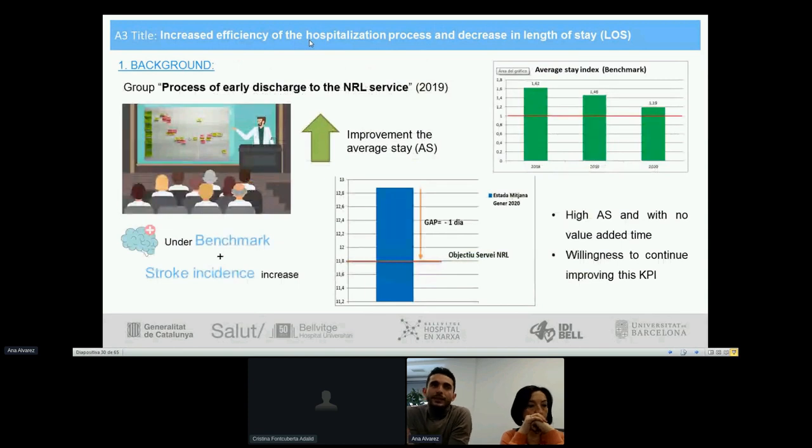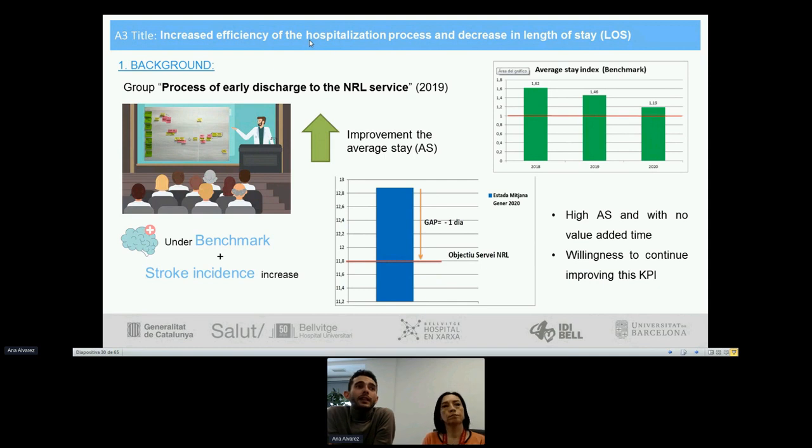The background of this project is different from the last because in 2019 we had a group of the neurology service named Process of Early Discharge to the Neurology Service, and we achieved improvement in the average stay indicators. But the service continuously reviews the benchmarking, and at this moment the service could see that the average stay is under the benchmarking. This situation, plus the stroke incidence increasing at this moment,